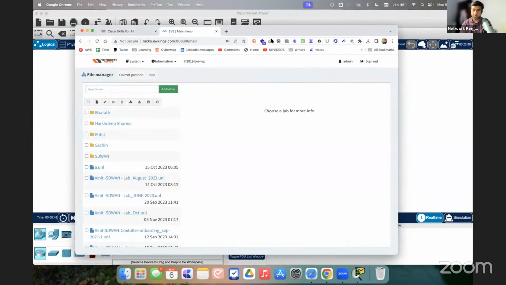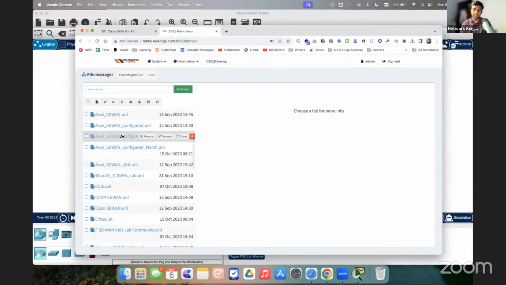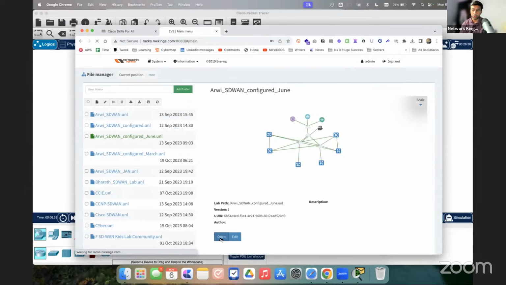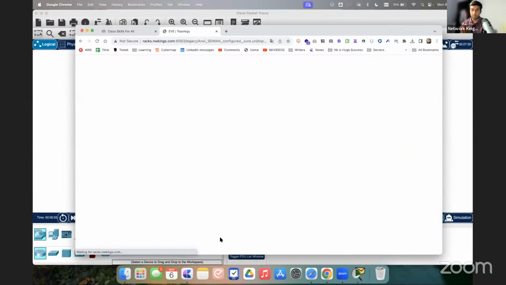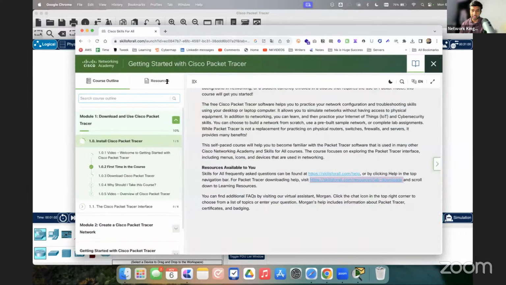Okay, so once we complete 2, 3 weeks, okay, then we will be going with these labs where you will be able to configure the latest, more advanced labs basically. Okay, so these labs we will come to later on, but I think let's focus on the basics first. Okay,